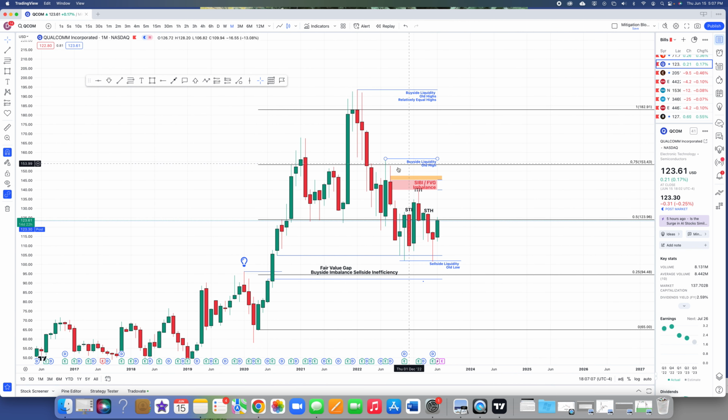Obviously, there's buy side resting above this old high right here, the short-term high. There's buy stops resting above that. Once we take out this immediate term high on a weekly chart, that's why I have it labeled as such, that is a monthly shift in sentiment, meaning it's bullish. So once we get above this high, ultimately we're going to get up into this particular area, and if we can get some acceleration through this breaker here,